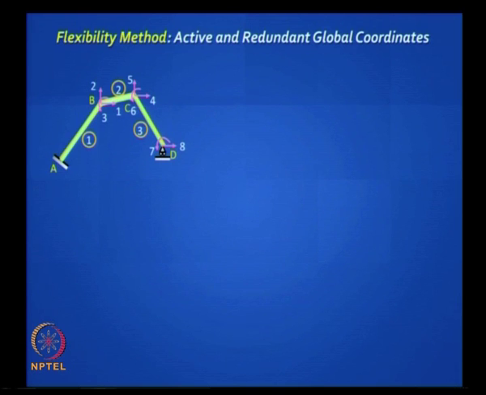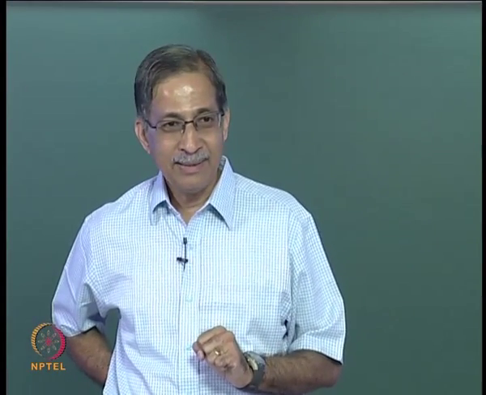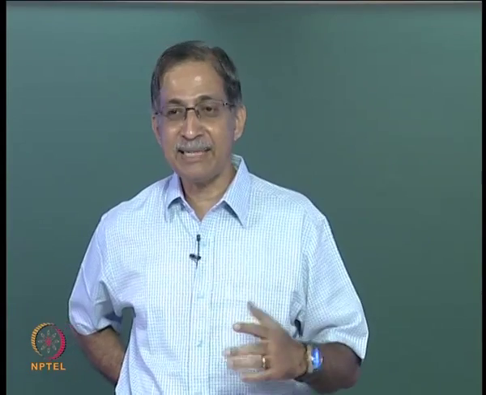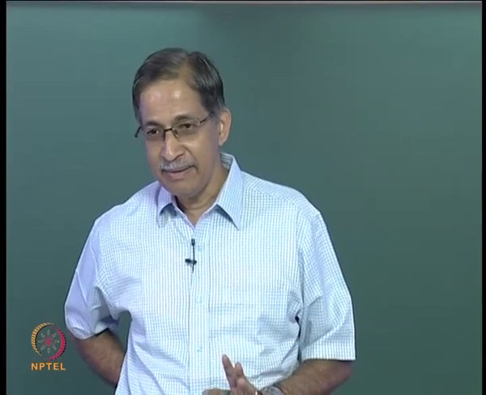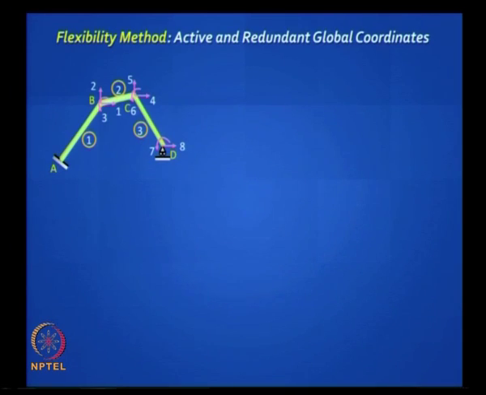The support is not redundant, it is a force. So corresponding to that redundant support, you want the primary structure to be a cantilever. That means you want to get rid of that roller support, right? So in terms of statics, you have to replace it with a force, and that is your single redundant here. So as far as your external loads are concerned, there is a one-to-one similarity between flexibility method and stiffness method.